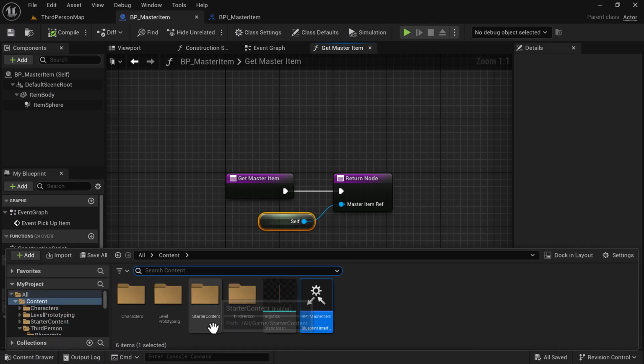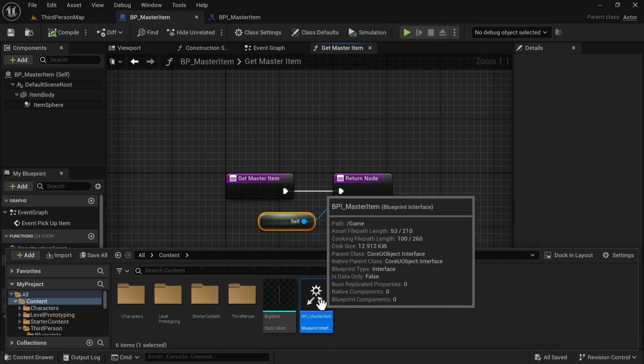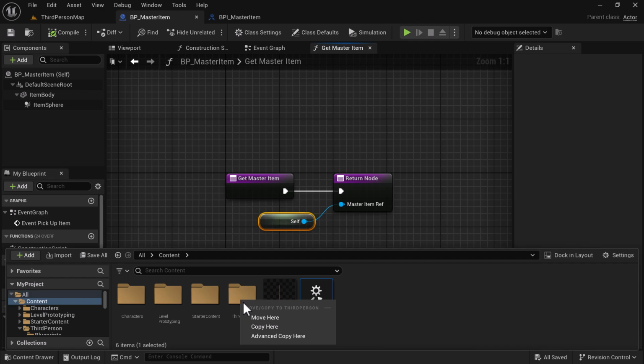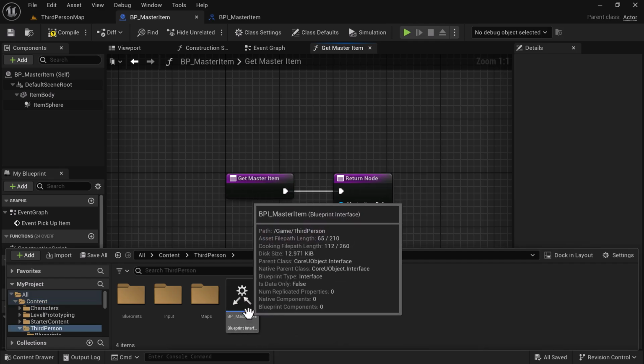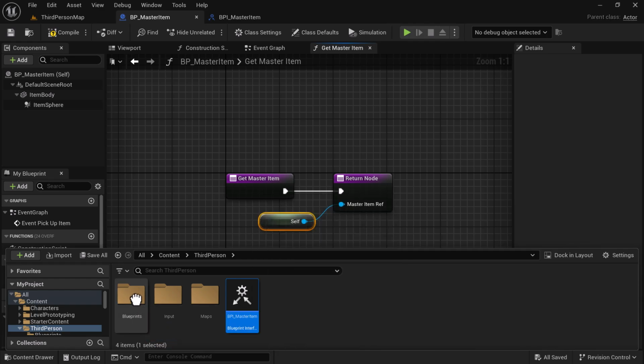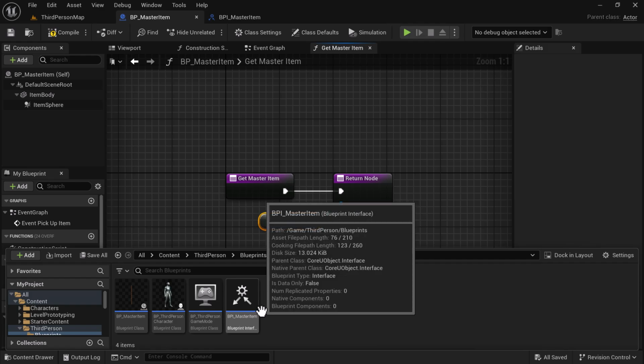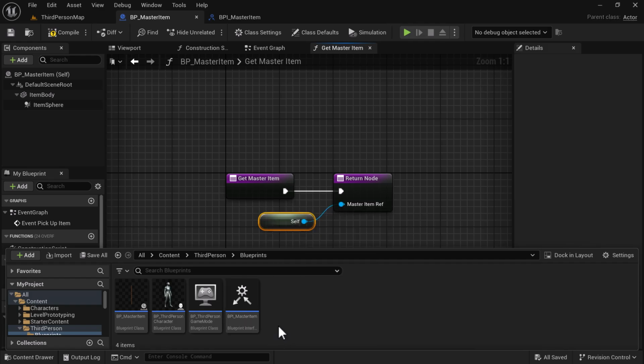Before we do that, I'm going to move this item into our third person blueprint, and then we're going to leave it right here so that we can have access to it. So now the next thing we're going to want to do is the logic for the third person character. So double click